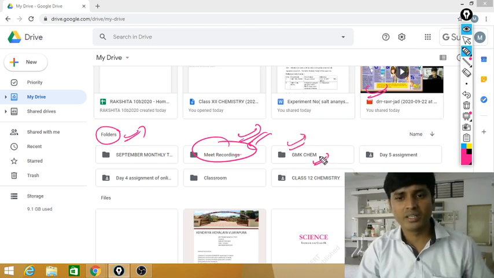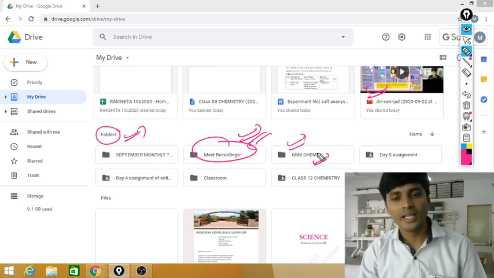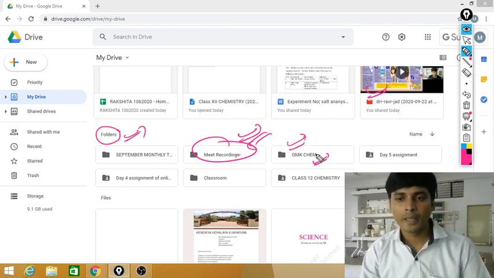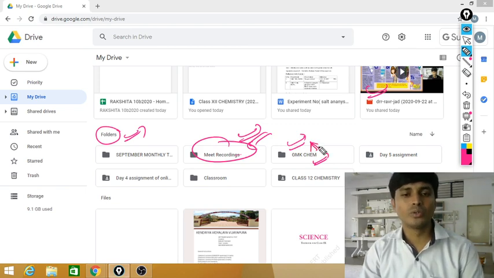Now I have already uploaded, for example, GMKK. This is my chemistry folder. I have uploaded already the material whatever I am having, so easily I can upload into the particular classroom. I suggest you upload instead of having this in different drives. Better you bring it into the Google Drive, because we are having enough space, right? So you can bring it here and easily attach it to the Google Classroom.